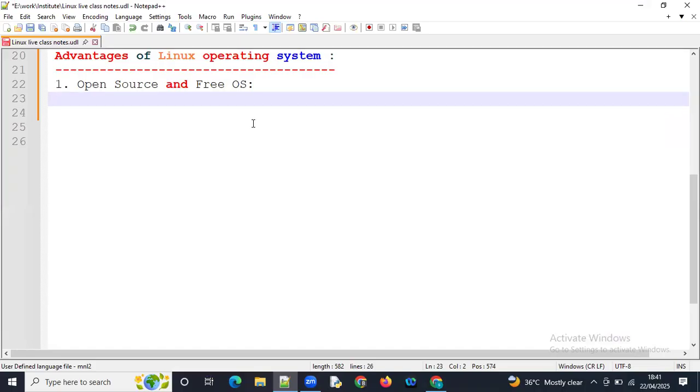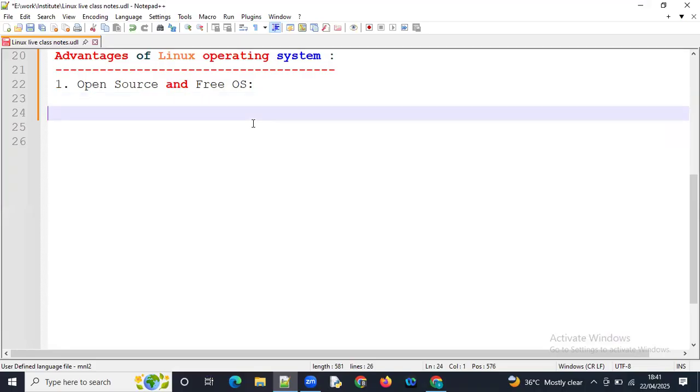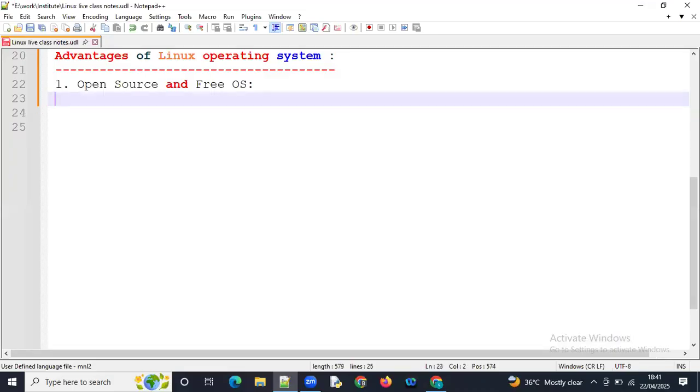And the second thing is that it supports many programming languages. Actually, most people use Windows, and the Windows operating system can support multiple programming languages.